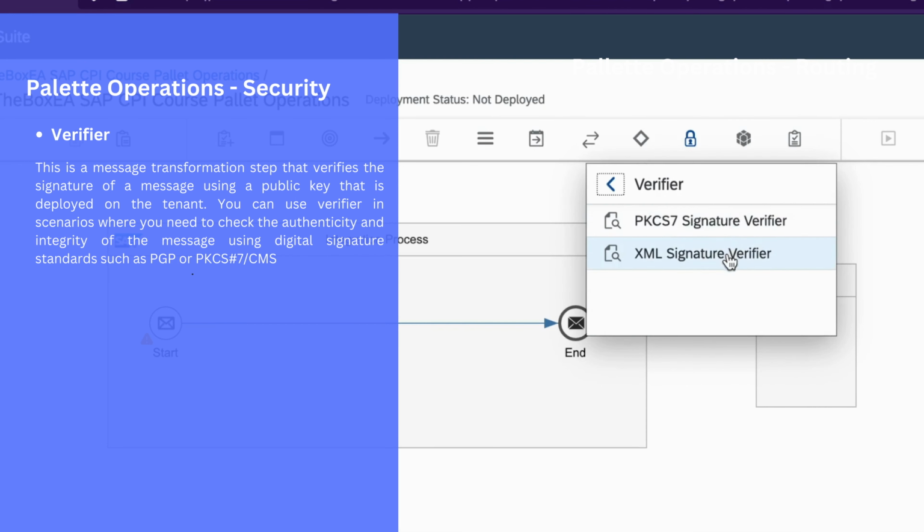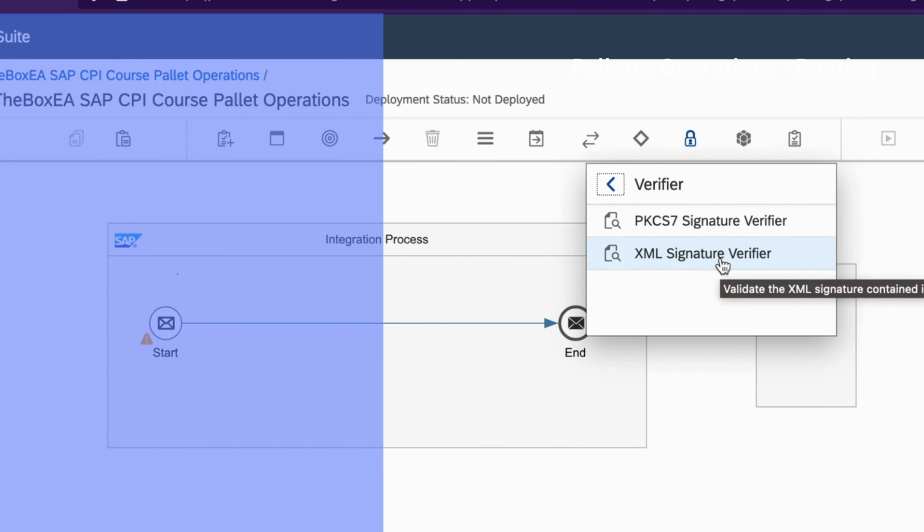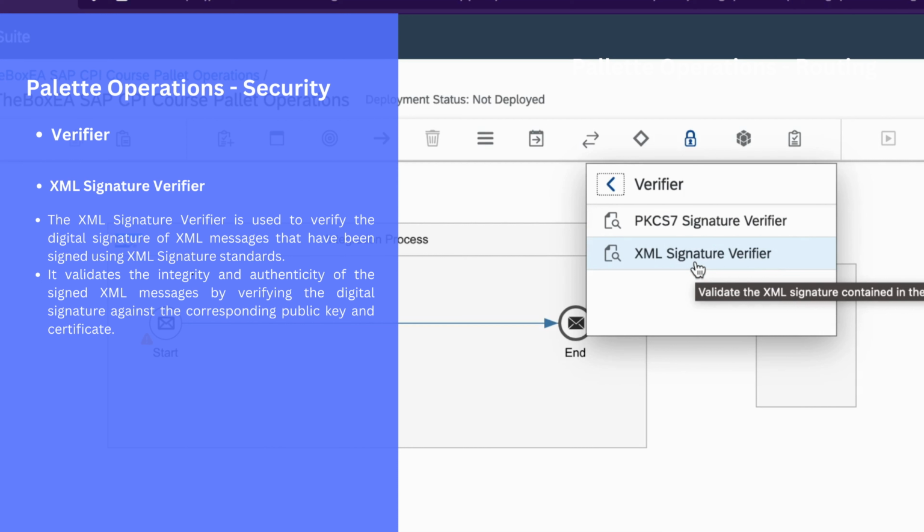Under verifier, we have two different types of palette operations. One is PKCS7 signature verifier, the other one is XML signature verifier. The PKCS7 signature verifier is used to verify the digital signature of data that has been signed using the PKCS7 standard. Similarly, the XML signature verifier is used to verify the digital signatures of XML messages that have been signed